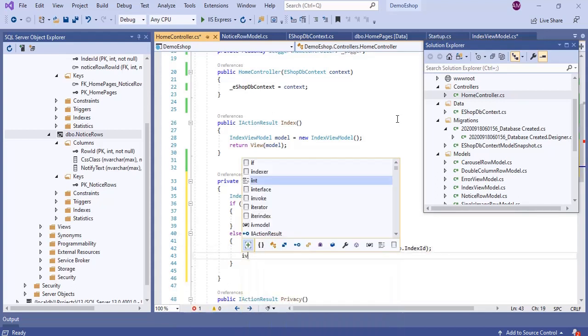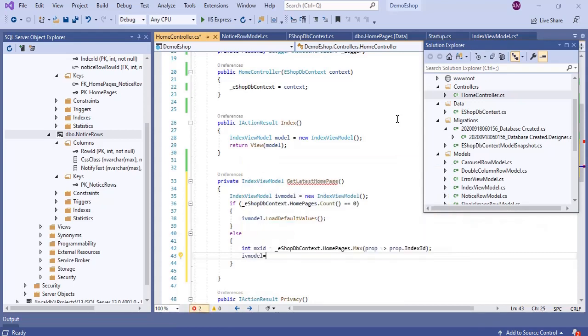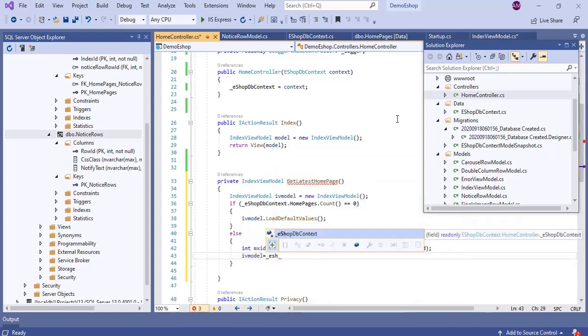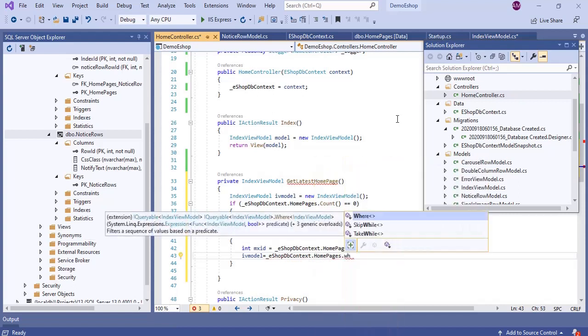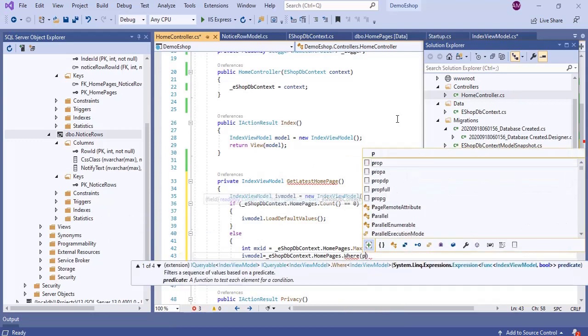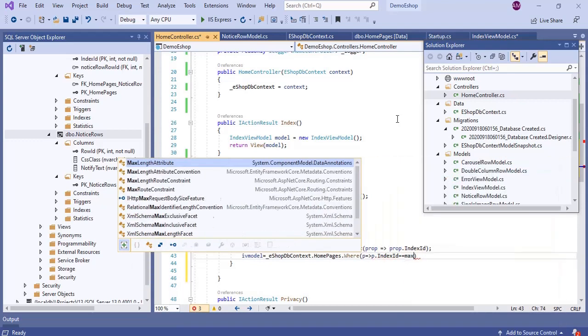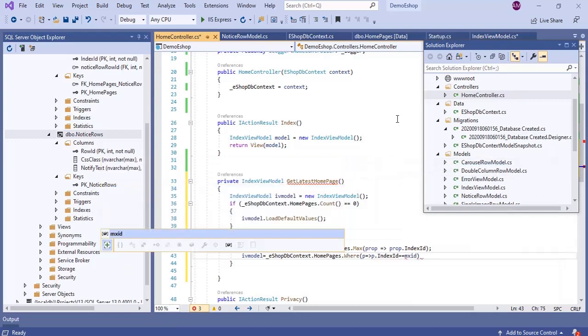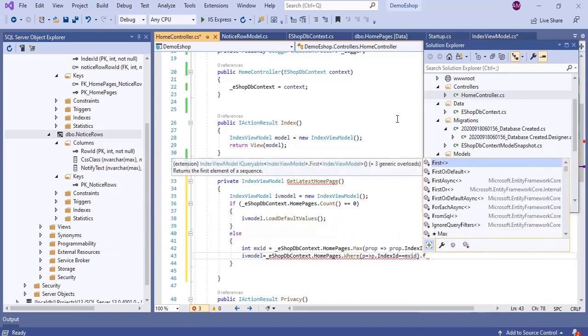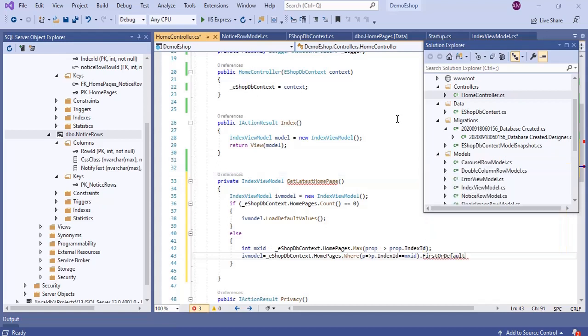Then we'll populate the latest: eShop DB context dot homepages dot where of p dot index id equals maxid dot first or default. That's it. Then we will return the IV model.